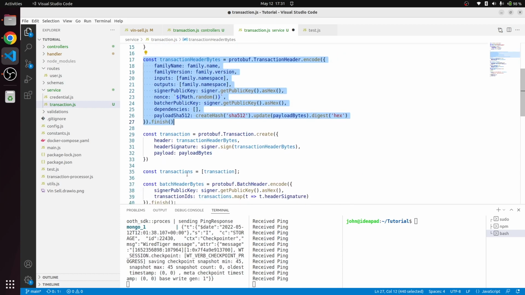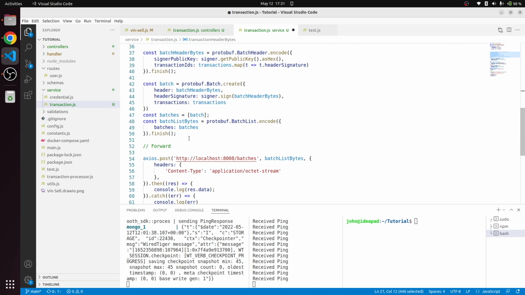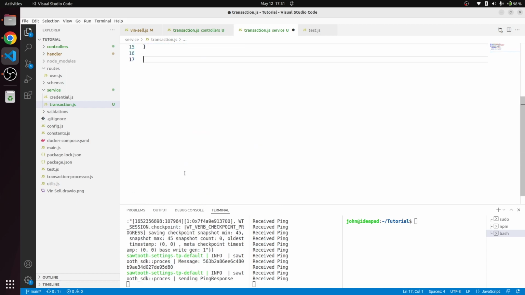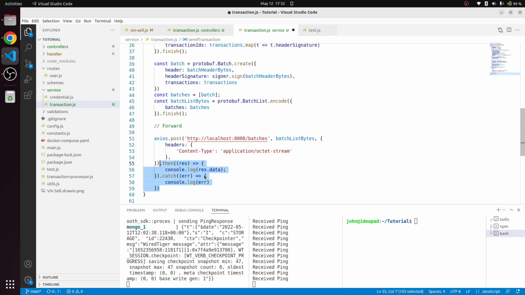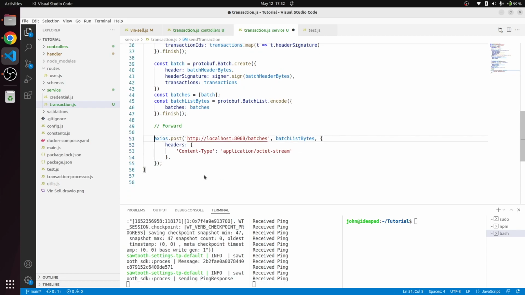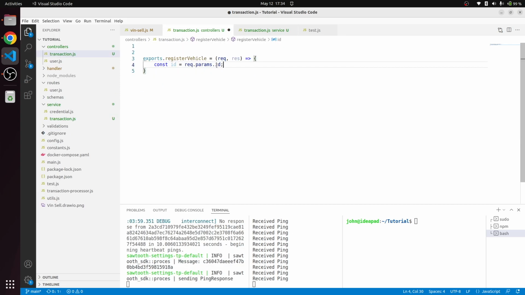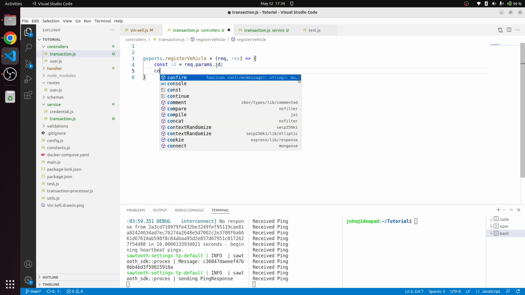Okay, and these functions that we have should be moved into the function that we just created. We don't need the error handler, and this will be the return type for this function. Okay, so once that is written, we'll be using that same logic over in the register vehicle